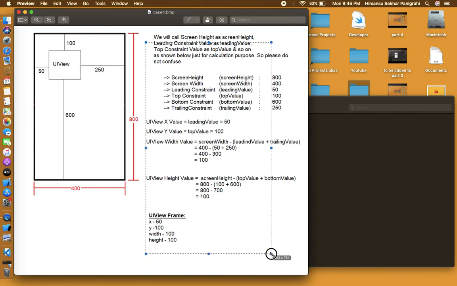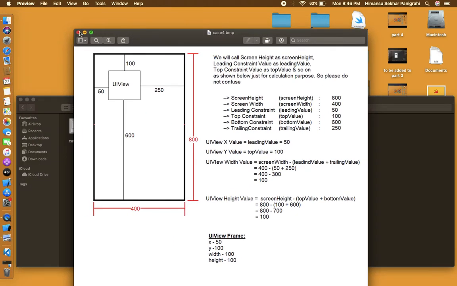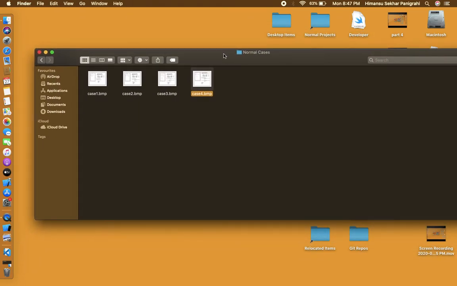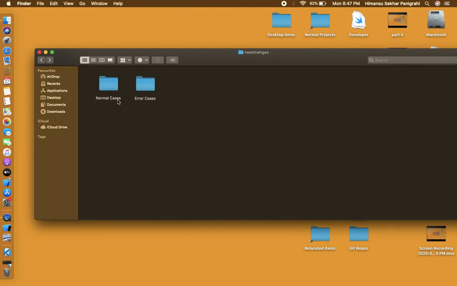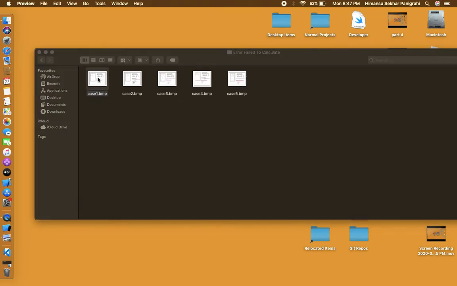Now the calculation is here. You can just have a look over this. Now we saw how to apply constants so that it could calculate all those values easily. Now let's see some more examples where the constants are not being added properly, so that auto layout fails to calculate all those values and it will give you an error.